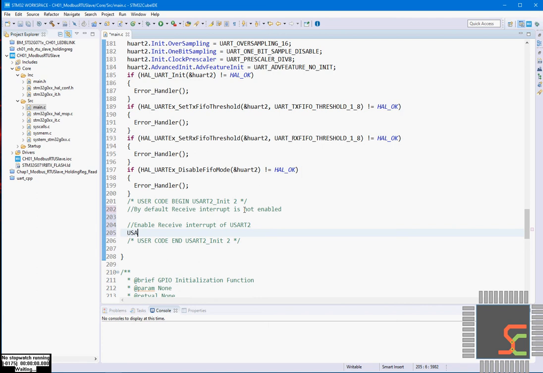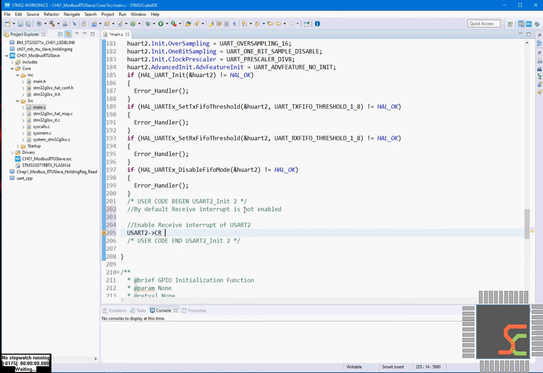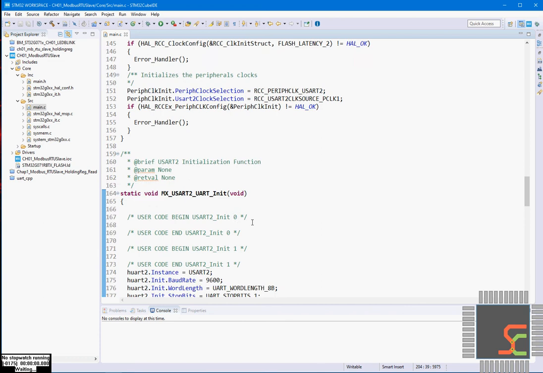That happens using USART2. This is the register to which we are writing this code, and we are writing value 1 at bit number 5. Also remember that whenever we put integers, let's be specific here. U means unsigned integer, it is not signed. So we'll save our code.